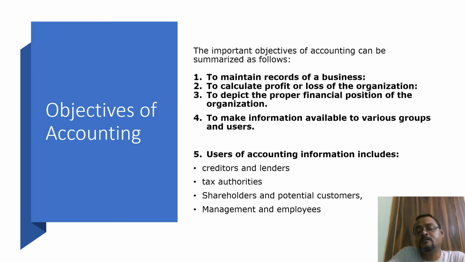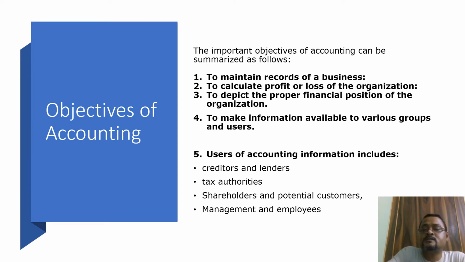At the end of the year, the accounting profession and the management of the business need to make the information available to shareholders, to owners, to lenders, to the banker or the bank which has provided them the loan. So accounting has to be maintained in order to disseminate information about transactions being undertaken. Then we should know which kind of information is used by which kind of people, groups.